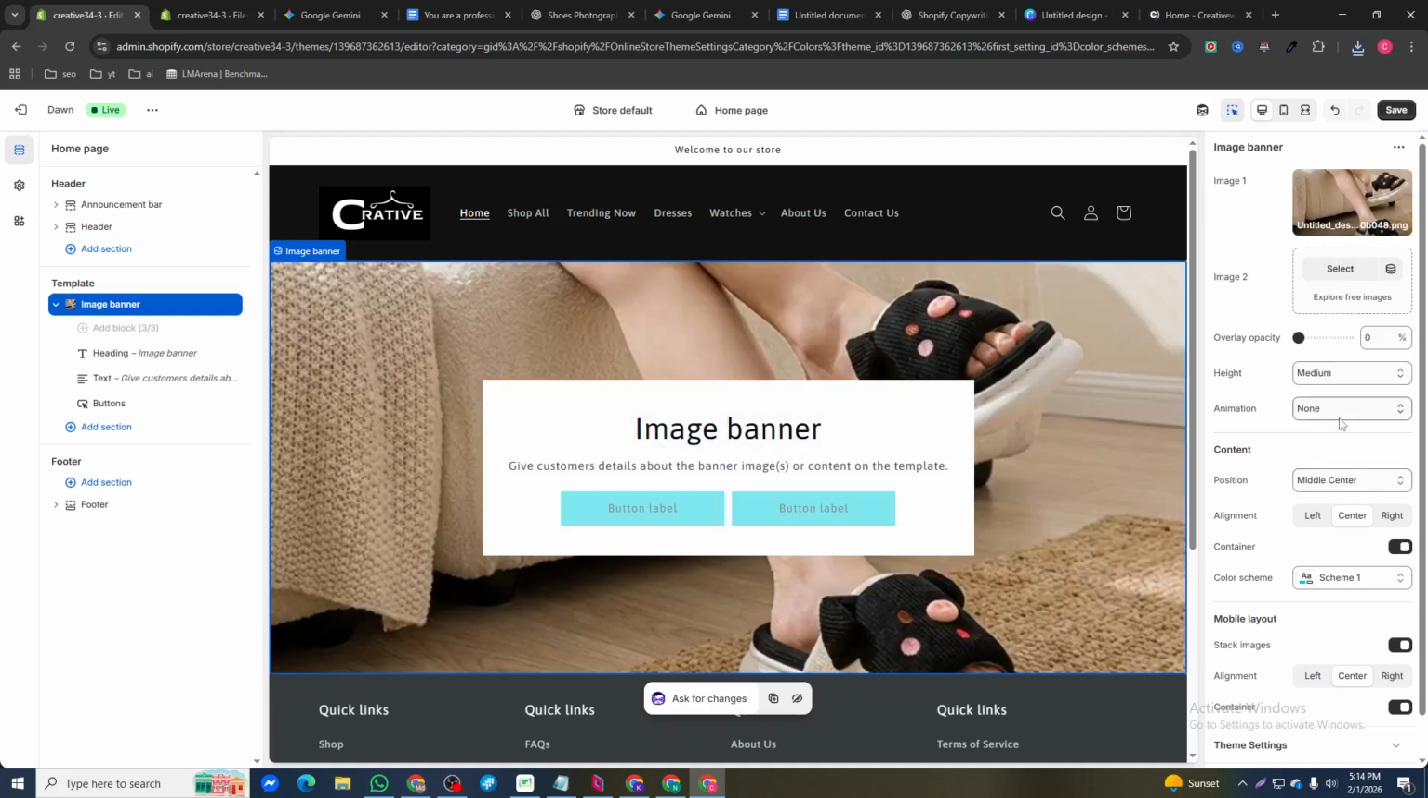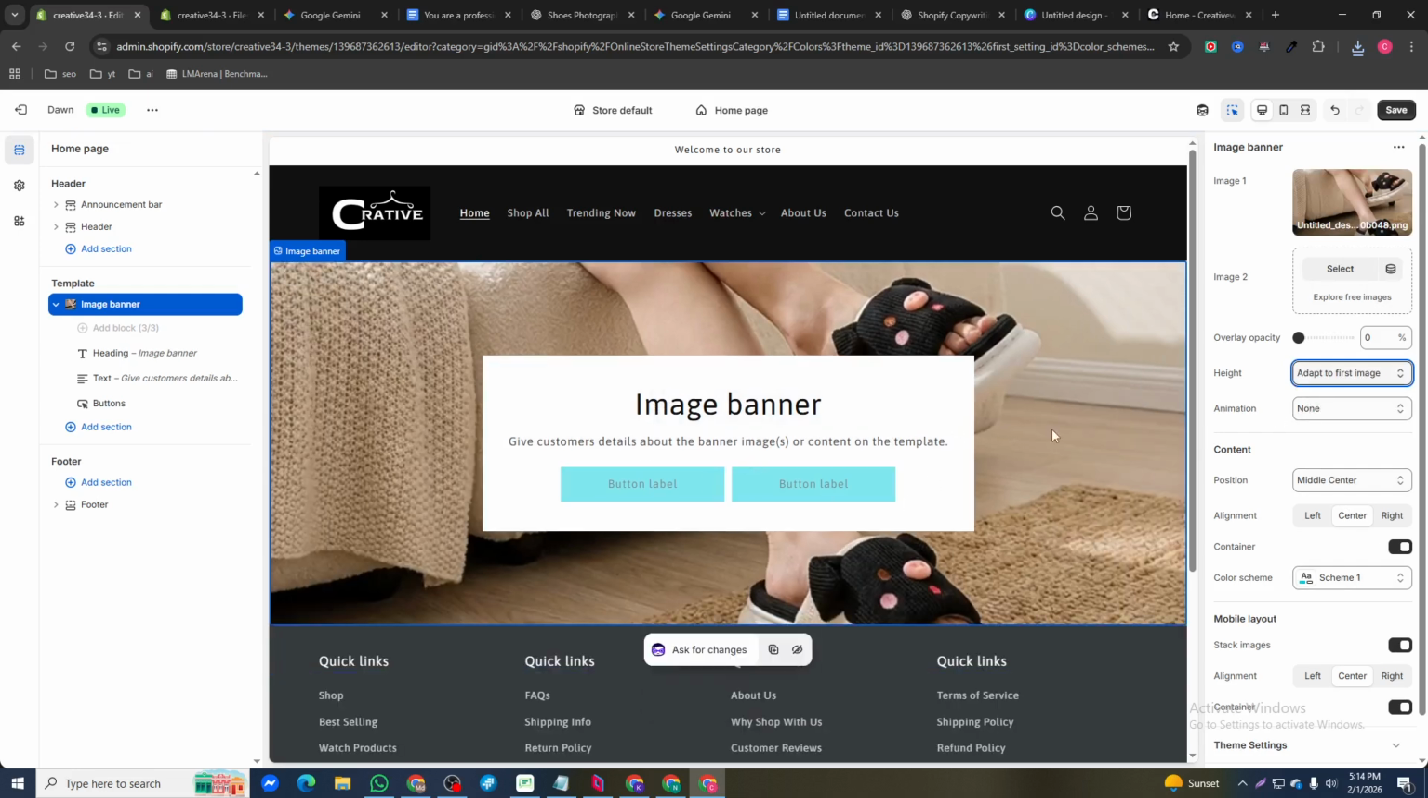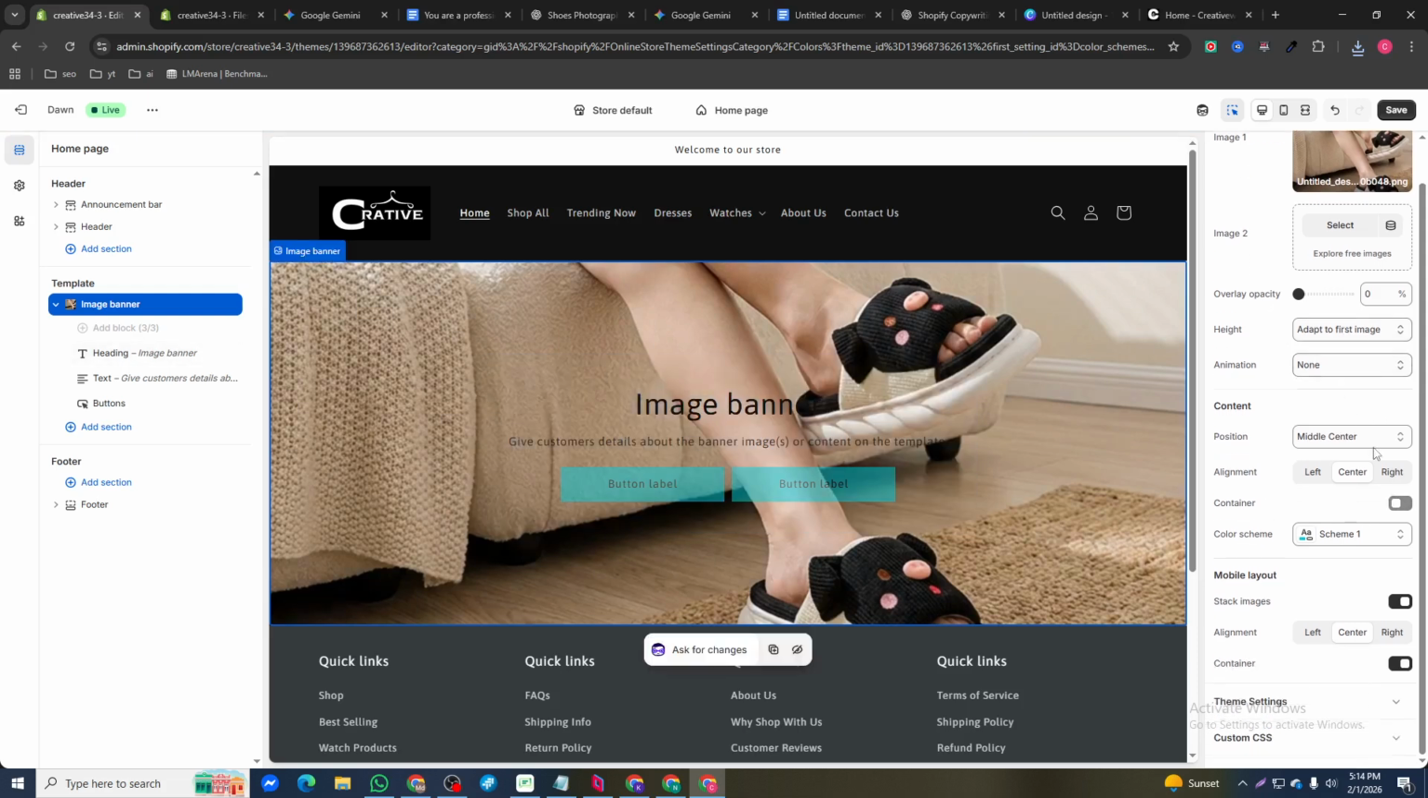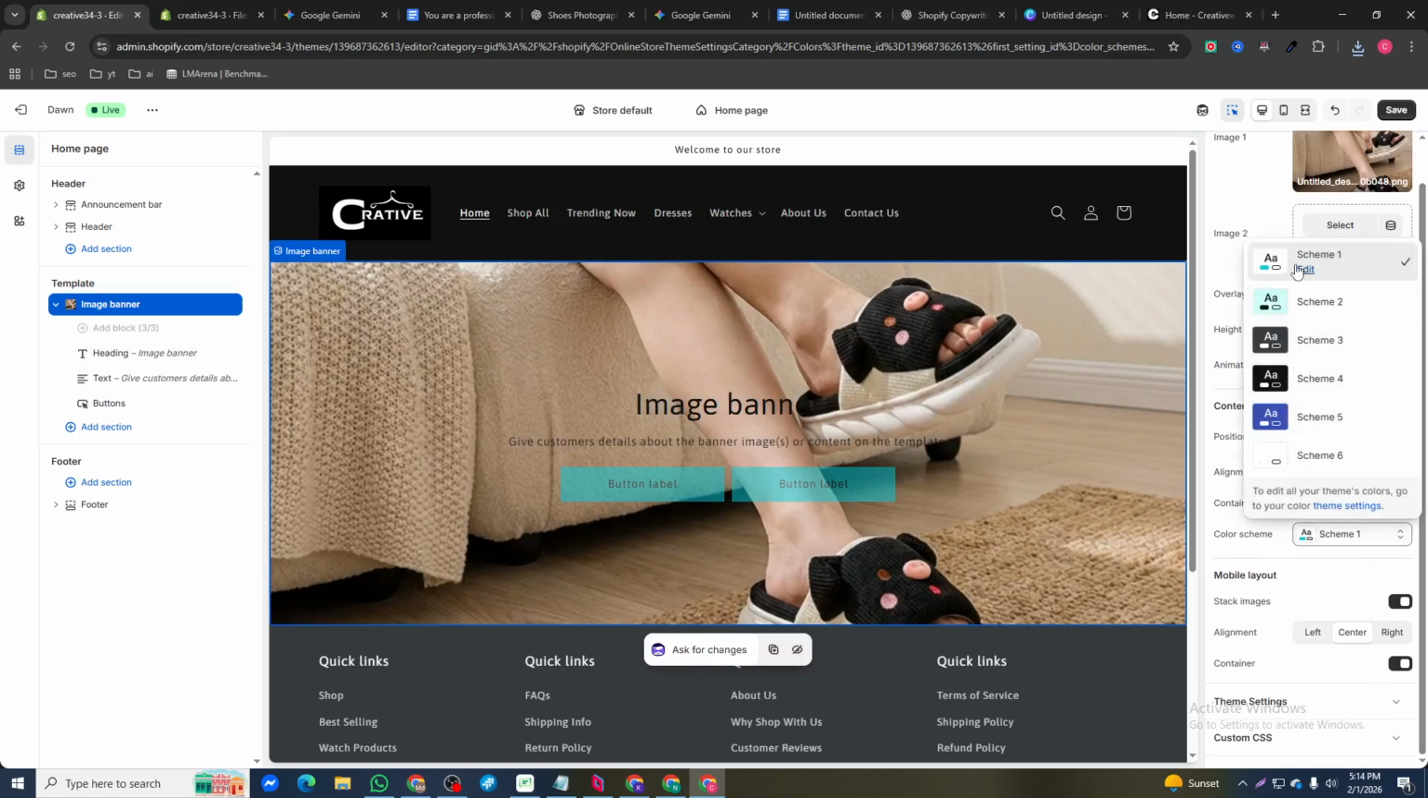I'm going to click add up to image, so it will be adjusted up to our image. And I'm going to remove the container, like the white box. And also I'm going to keep my text white,